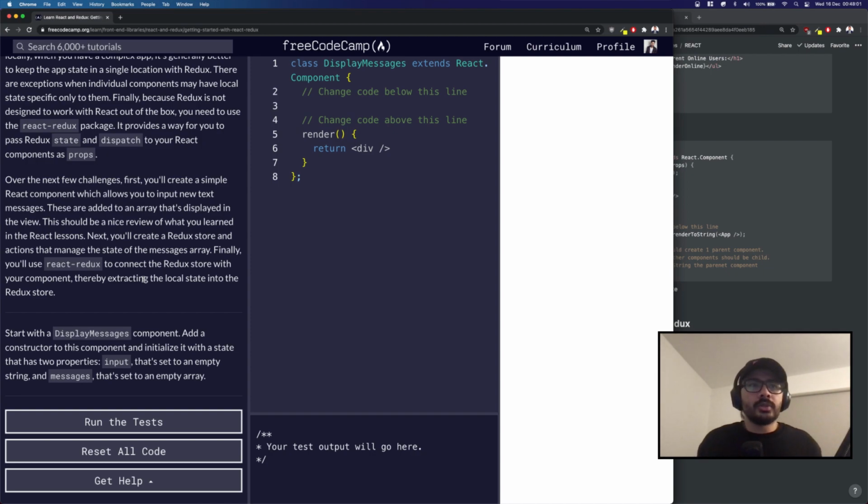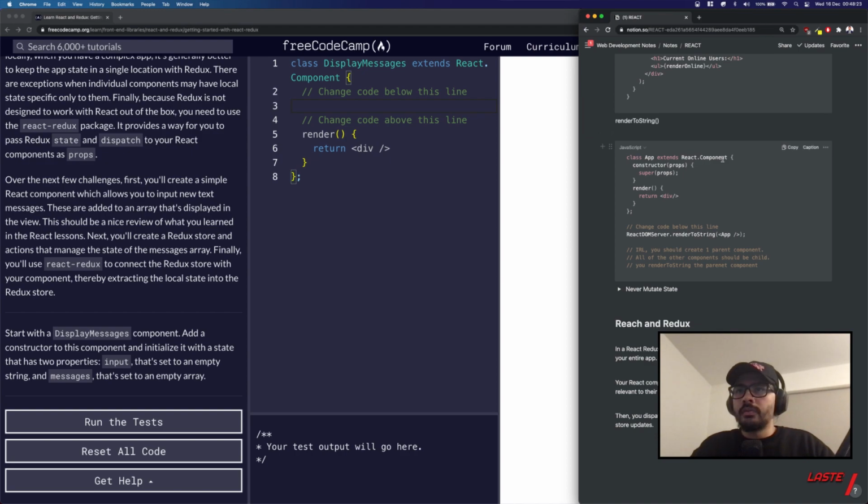All right, cool. So start with the DisplayMessages component. So we got class DisplayMessages extends React.Component. Okay, so the first thing we're going to need is, there's two things we need, right? Add a constructor to this component and initialize it with a state that has two properties, input set to an empty string and messages. Okay, so for that one,